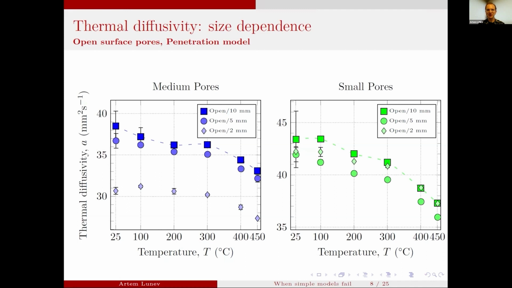And this was not right, because if you have the same material, then no matter what the sample thickness is, you must get the same value of thermal diffusivity. So either the Fourier law breaks down, or you don't know how to do the experiment, or maybe there's a, I don't know, a divine intervention or something like that, which prevents you from measuring